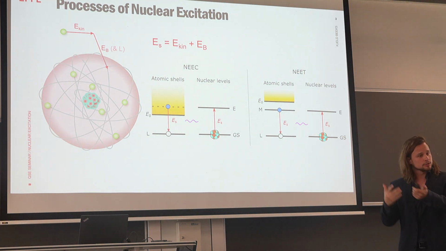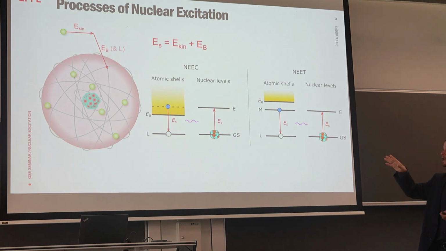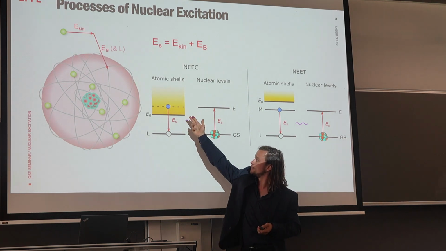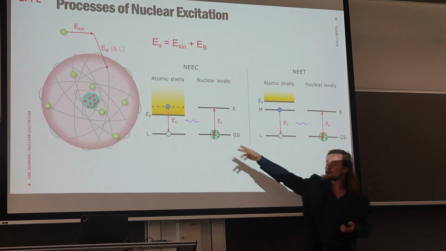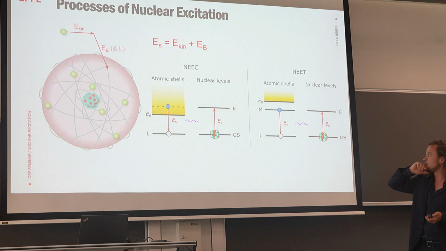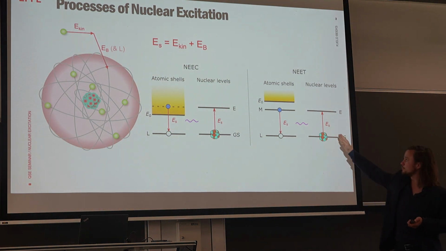And so there is some interaction, and that's how this process happens, through some interaction of the electron orbital with the nucleus. Here it's really like from the continuum, it goes down into, for example, the L shell, and then it excites the nucleus. The communication is done via a virtual photon, in that sense, if you do the math, or in the bound states from like the M to the L shell, for example, to the nucleus.